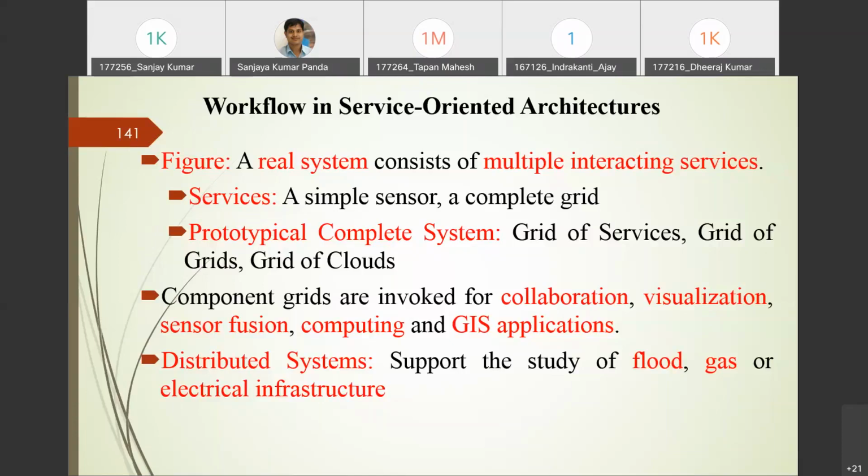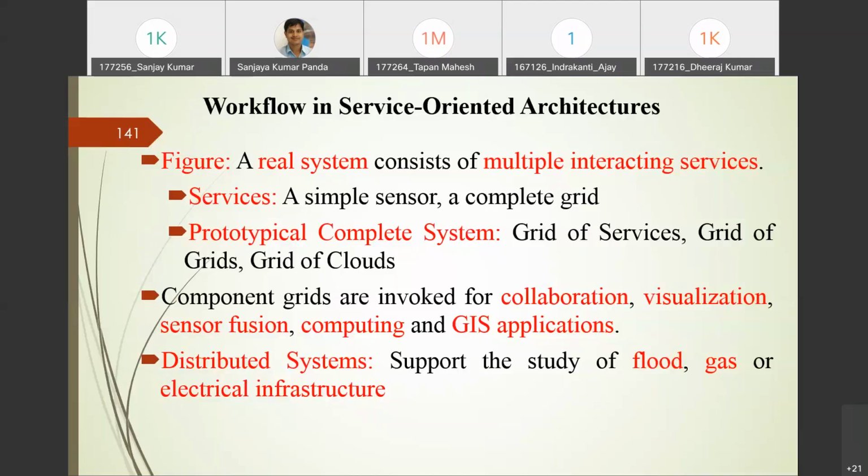If you add application-specific services, one builds a distributed system. This distributed system supports the study of, let's say, flood, gas, or electrical infrastructure. These are solved with the help of a distributed system. It is not limited to these infrastructures; it may be generalized to any infrastructure.